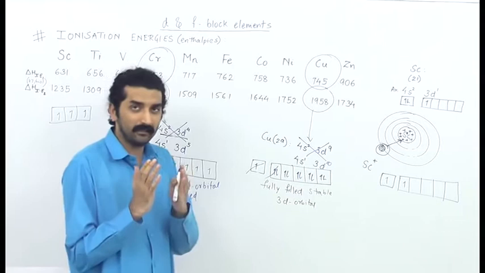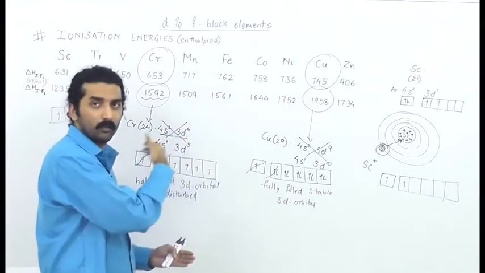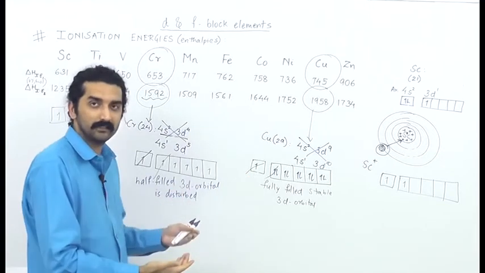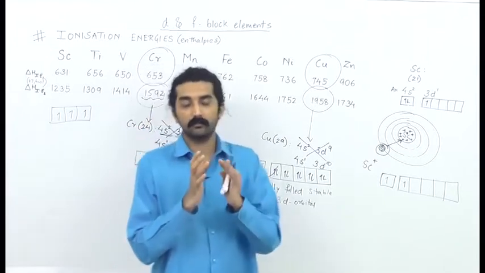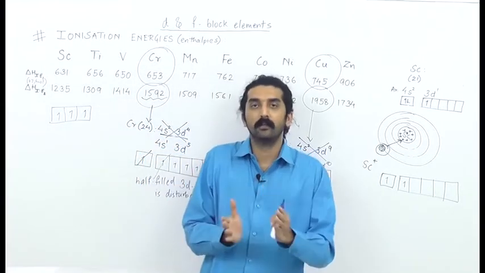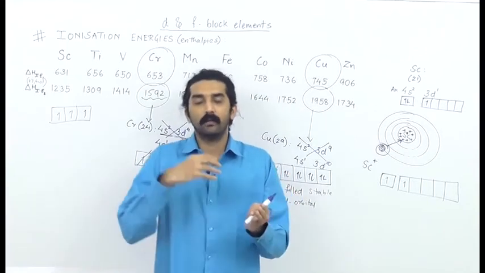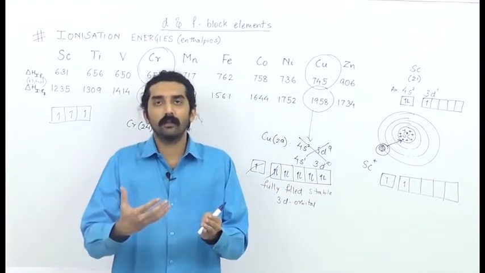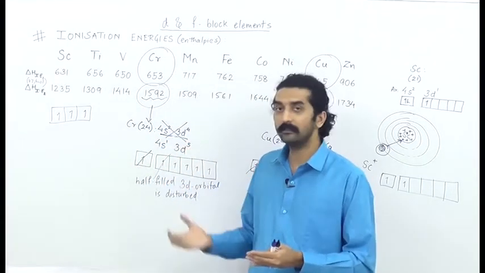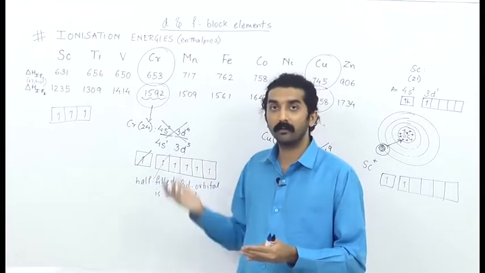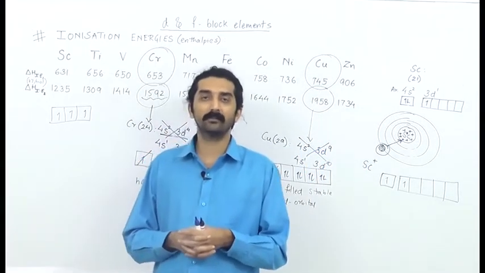So applying the logic that we have applied till now, we can understand these numbers, why these trends, why these changes are happening. After removal of every electron, the cation that is obtained, the position that the atom or the element goes into also undergoes a reorganization of energies of the 4s and the 3d orbitals, which gives you these particular numbers, right? So this defines the trend of ionization enthalpies, my friends.